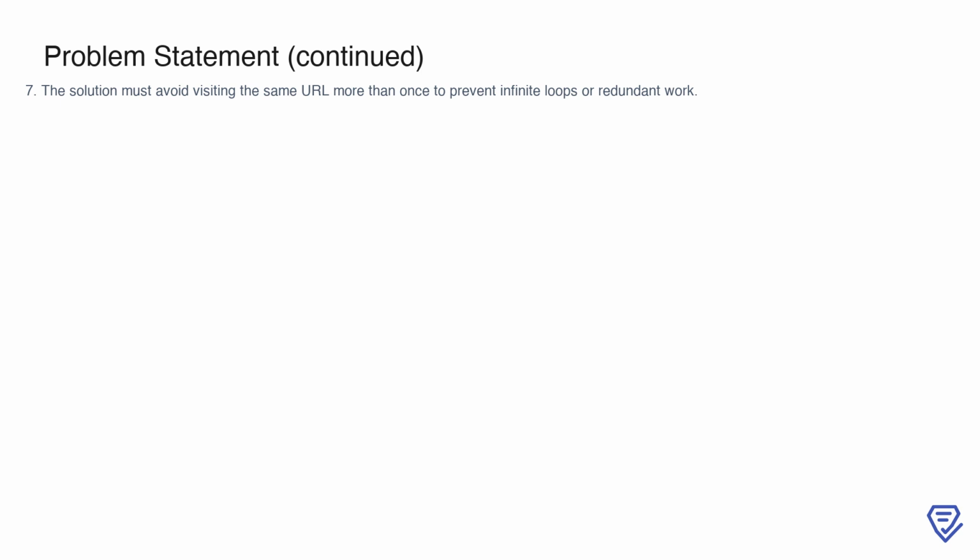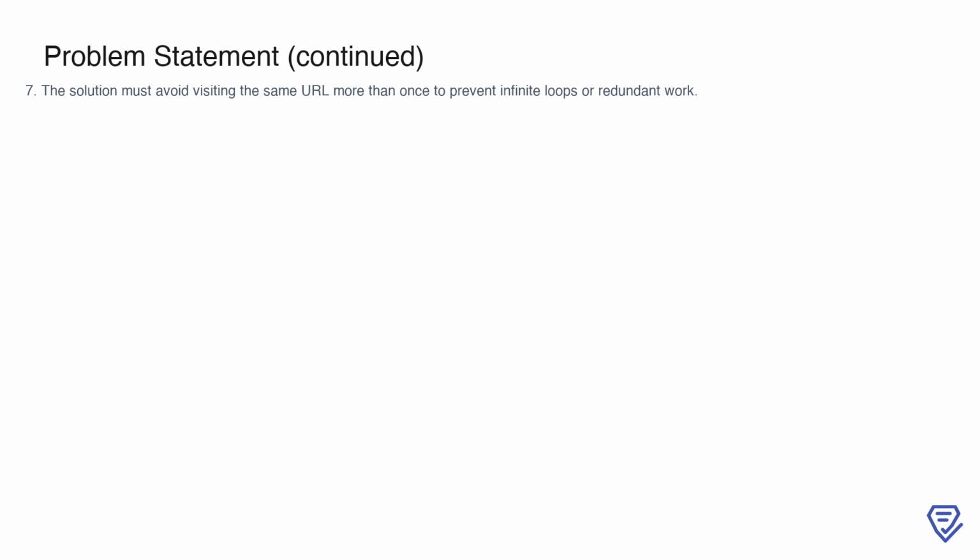The number of unique URLs reachable from start URL will range between 1 and 10,000. The length of any URL will not exceed 300 characters, and all URLs provided are valid. The getURLs method will never return duplicate URLs for a single page, and the crawler may start with URLs that include query parameters or fragments, such as http://example.com/page?query=1 or http://example.com/page#section. These should still be treated as part of the same hostname. Importantly, your solution must avoid visiting the same URL more than once to prevent infinite loops and redundant work, ensuring